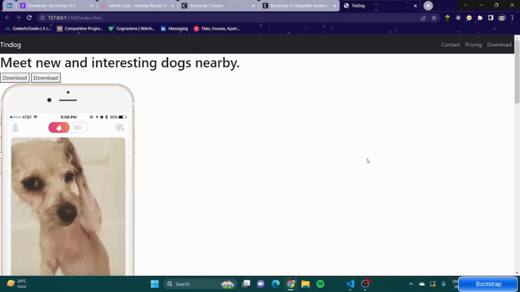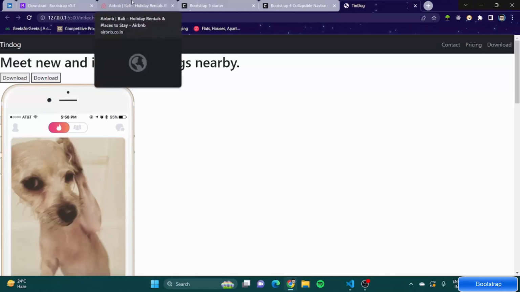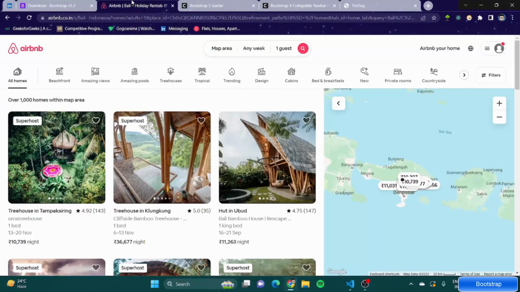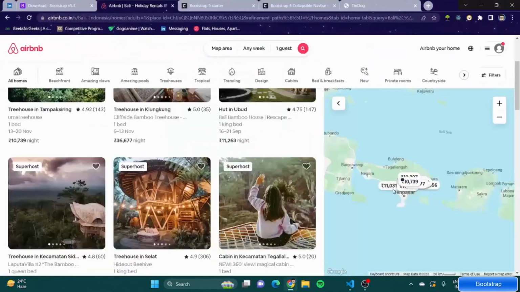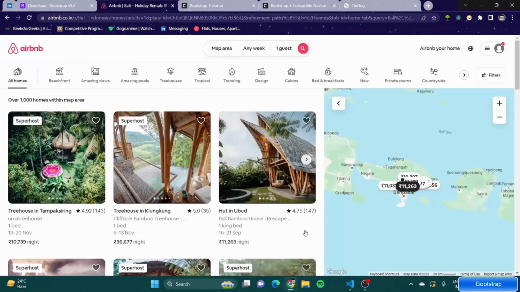Okay, now before I talk about positioning, and it would be covered in this video only, I would also like to talk about responsiveness. Okay, for that I'll go to Airbnb site. Now, a lot of people think that responsive means it's fast or it loads up quickly, but actually it is not. Okay, so what is it exactly? Suppose this is my desktop and layout is like this. Suppose if I am viewing this on a smaller screen, it should change its view to be more visible. Suppose like this, the layout changed. So responsive is nothing but your website responding to the screen change. Okay, that is what is responsiveness of the site, and that is what we are going to inculcate in our